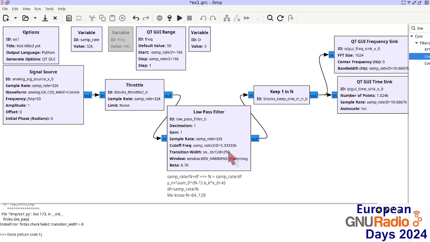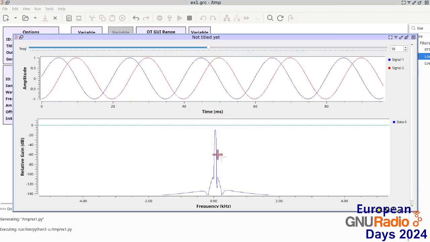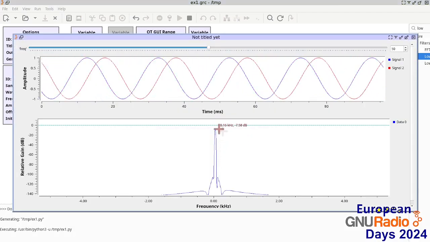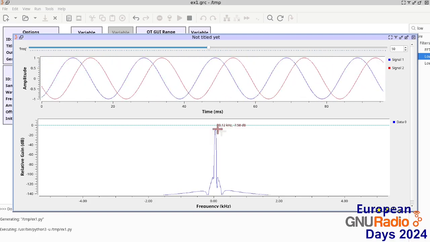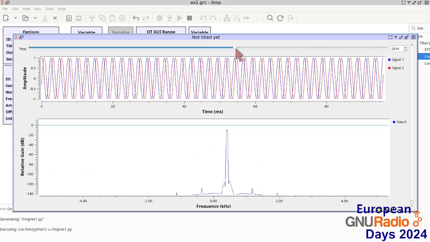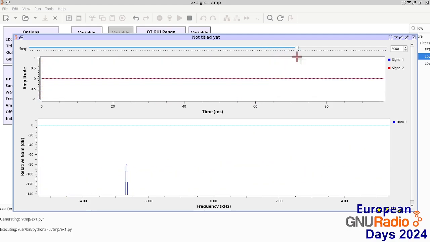If this 250 Hz is too slow, probably your problem has been misstated and you should cascade low-pass filters rather than trying to make one filter with a very sharp transition. Now see here in the baseband we have a signal with relative power of -8 dB, and if we move beyond the Nyquist frequency, well, because there is no noise, we still see a bit of leftover, but now it's